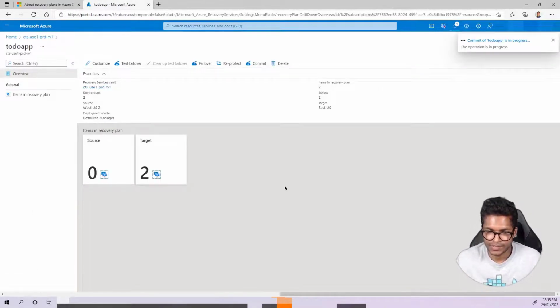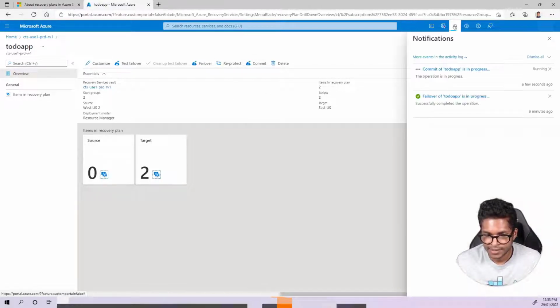Once we commit, we are confirming that the failover has been successful and the application is back up and running. It's been verified, the application is up and running, so I'm okay to commit. Once the commit has completed successfully, we'll enable reprotection, which will start replicating the virtual machines from the secondary region to the primary region,